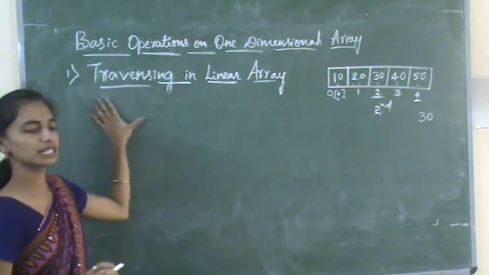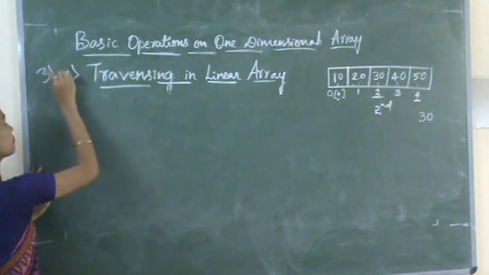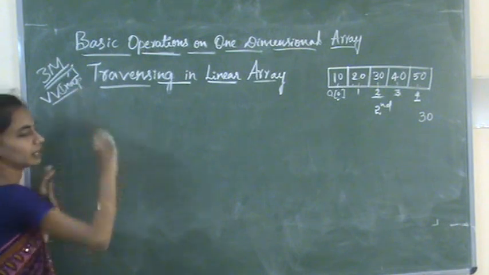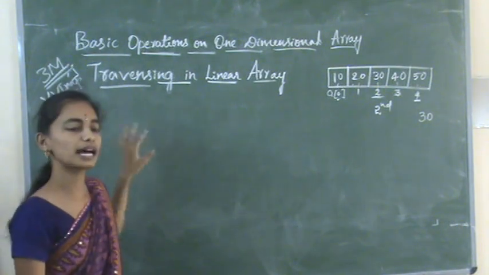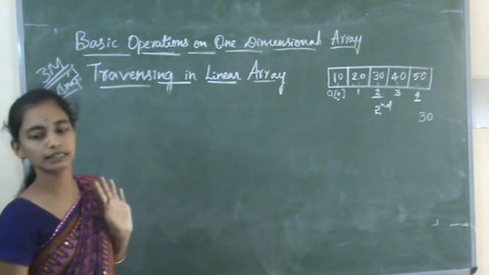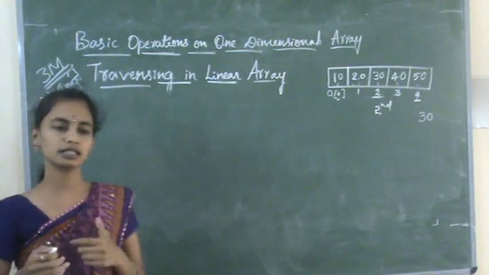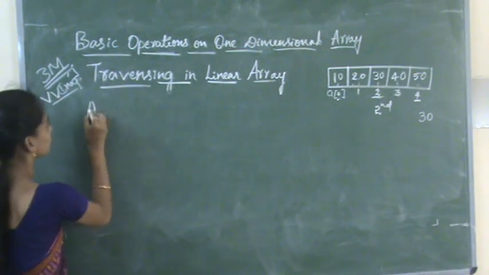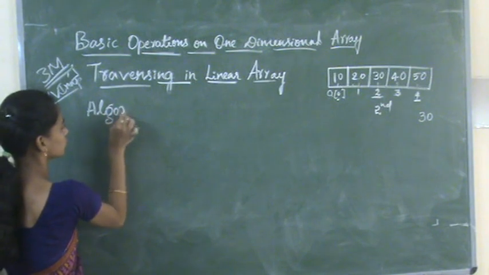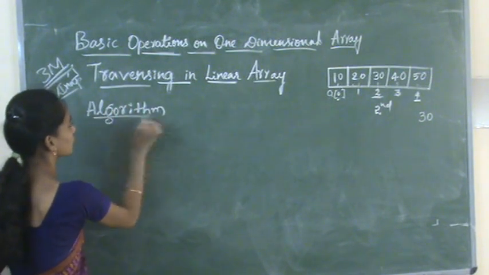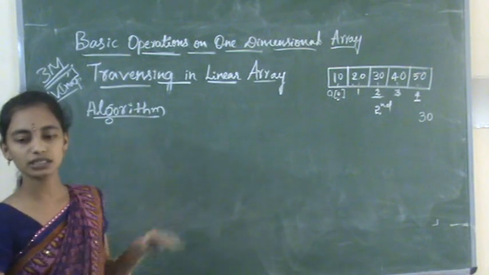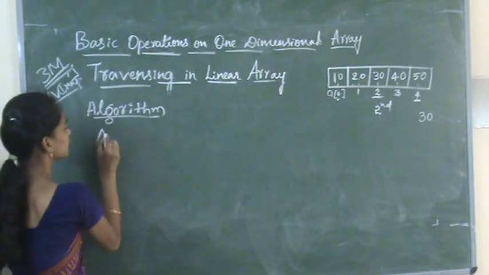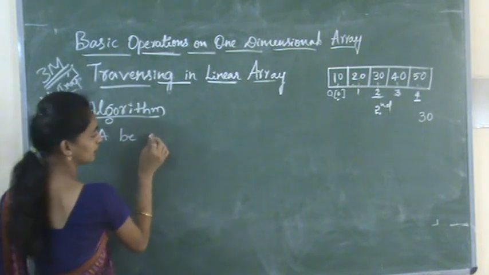So this algorithm is very important for 3 marks. This algorithm has 3 marks, only 2 steps in this algorithm. So before writing this algorithm, we need to write a description: what are the variables we are using, right? So let us consider an array, right? We have to use an array, so let us consider A be a linear array.